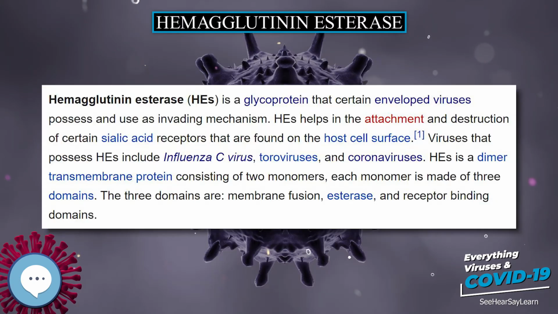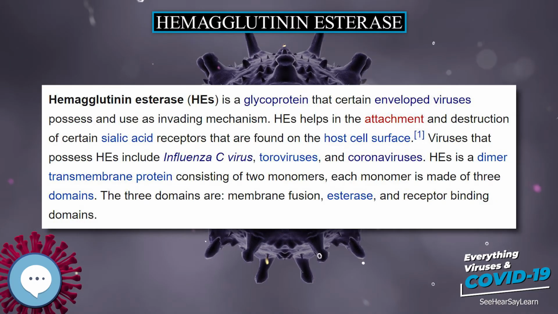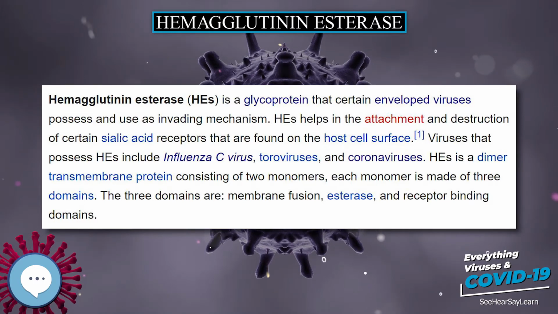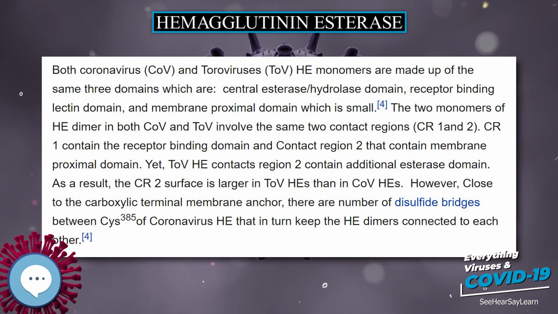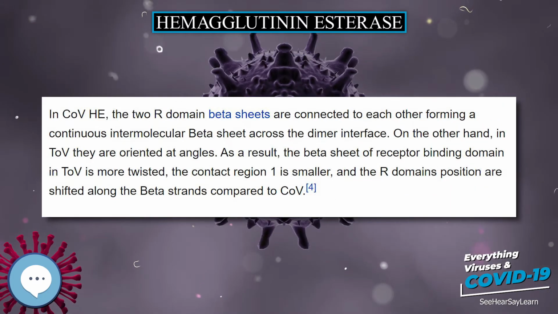Yet, only 12% of amino acids are identical between HA and HEF. One significant difference between HA and HEF is the presence of an additional bulge in the HEF globular domain, at the bottom part of the domain, which contains the esterase region. The receptor binding region in both HA and HEF is found in the upper part of the domain and contains